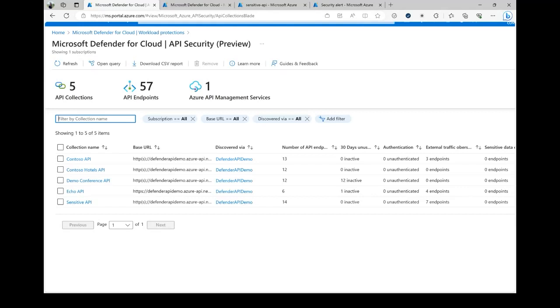URL of the Azure API Management service, the discovered column that shows the API Management service that the API collection is hosted in, the number of API endpoints within this API collection, how many are active, meaning have we seen any traffic in the past 30 days, how many are authenticated, have we seen any sort of external traffic, and are there any sorts of sensitive data classifications? If I want to learn more, I would actually click on one of these API collections, and then I can